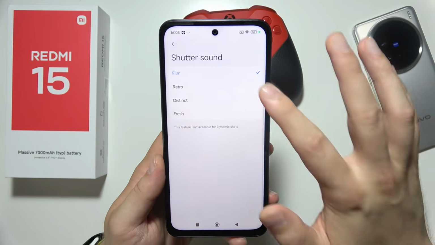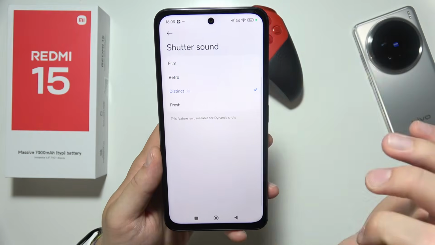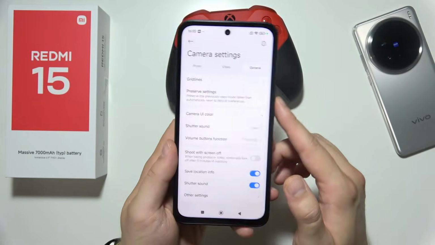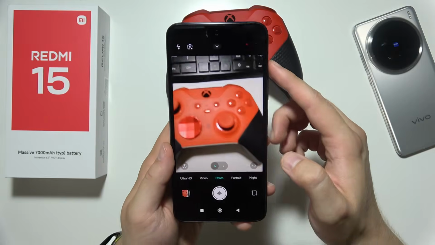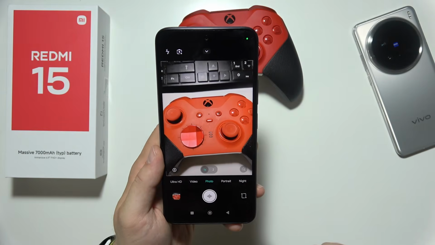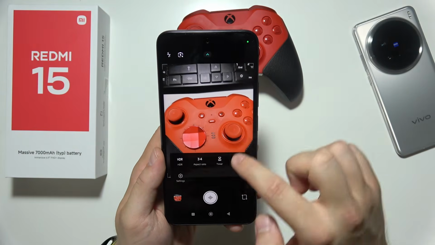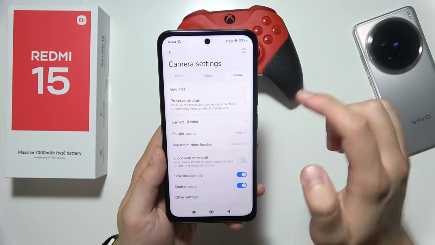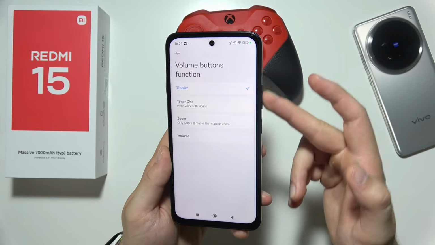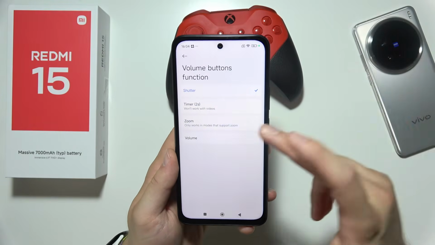You can change the shutter sound, and you can also adjust the volume buttons function. So by default, when you click on the volume up or volume down button, you will take the photo with a 2 second delay, but you can for sure change it. By going to the general settings, volume buttons function, you can use the volume button as a shutter or as a zoom,